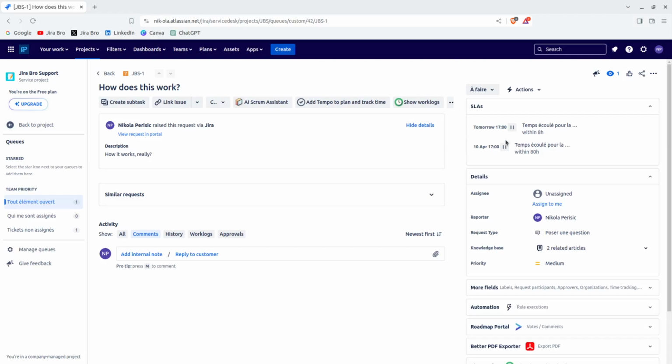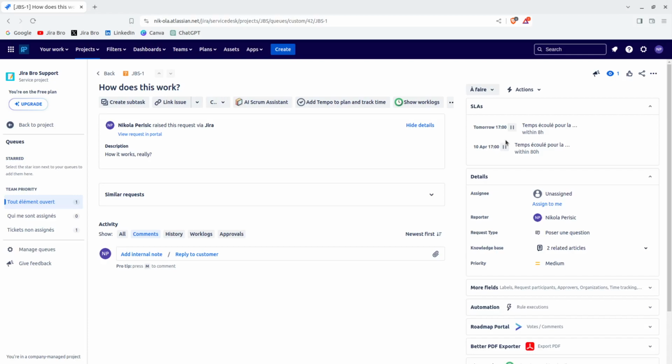Those are the SLAs. SLA stands for Service Level Agreement. That means that you, as a support, have come to some terms with your management for some periods, for some things. The first thing in here, I will translate from the French, because in the English version you have the time for the first response, and then you have the time for the resolution. Basically, those are going to be the two SLAs in your JSM project